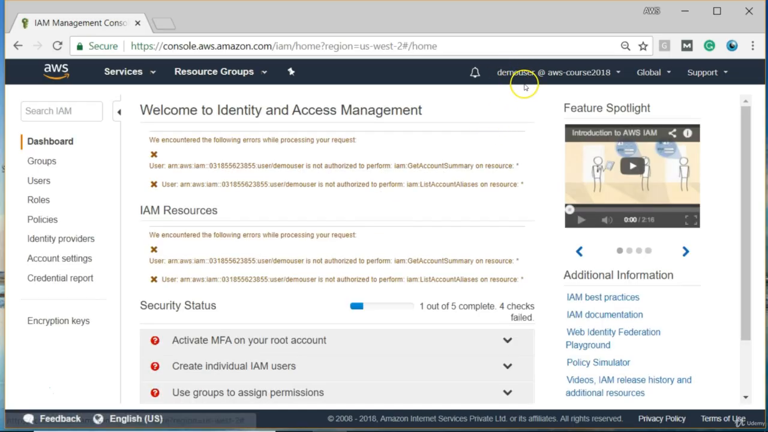Okay, just to show you here, you see here's our user, demo user. The user that we have just created is right here, top right corner. Now, there's no policy attached to it, so by default it will deny all the resources on every service, or every resource will be denied for this particular user. IAM resources, see here, demo user is not authorized to perform,